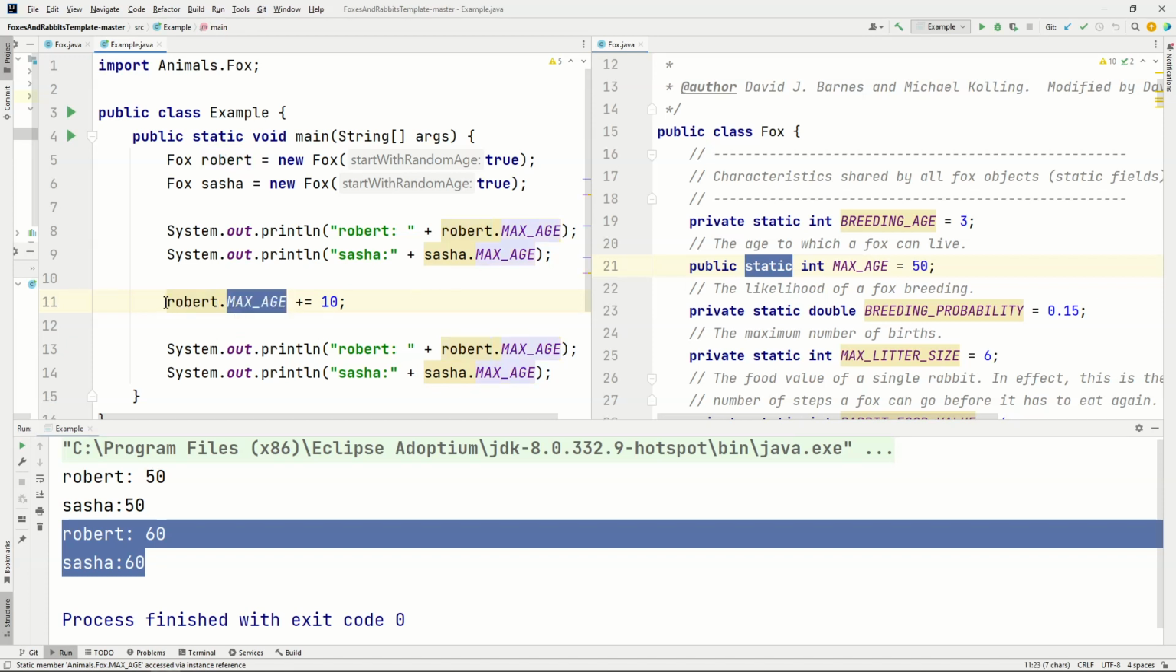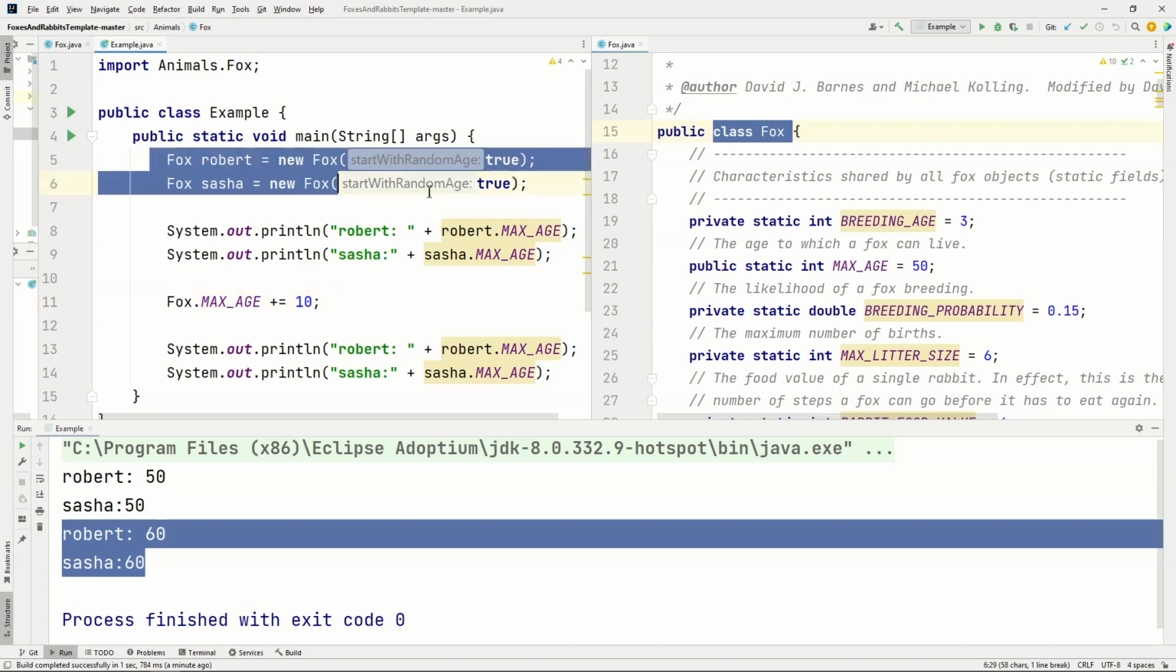Accessing static variables through individual instances is sort of an unusual way of doing it. It's a lot more common to use the name of the class itself. Capital F Fox is not a Fox object. It's not Robert, it's not Sasha. Capital F Fox refers to the class Fox. So if I was going to do this,